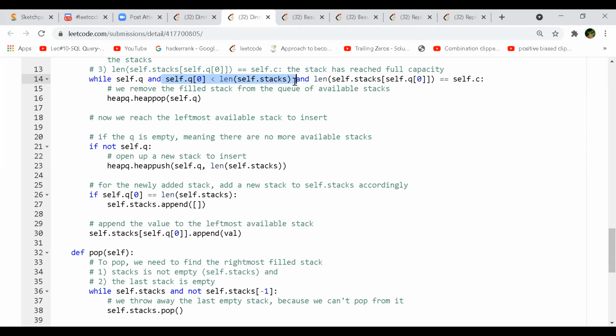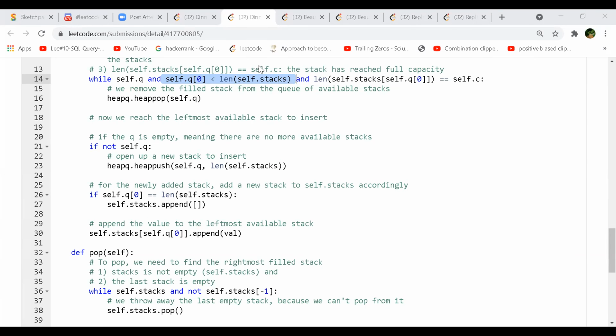So you are just going to push that index into the priority queue. Whenever you go for pushing, you look in this priority queue. Whatever is the minimum index number, you go to that stack and first push an element over there. You fill that capacity first, and then you move on to the next stack, which is on the right side of it. For that, you keep looking at that priority queue, and that helps you go in that direction from left to right.